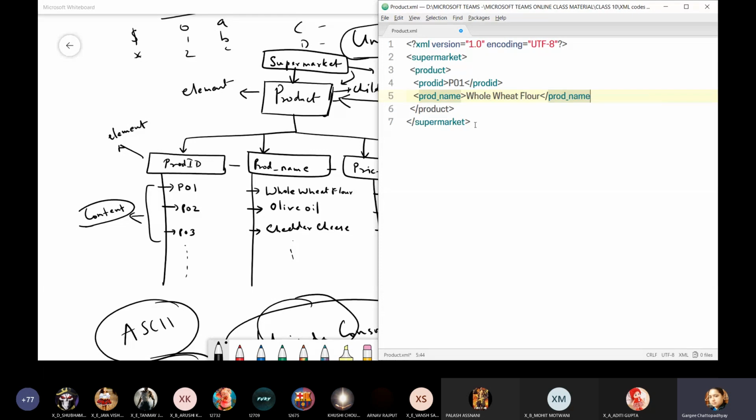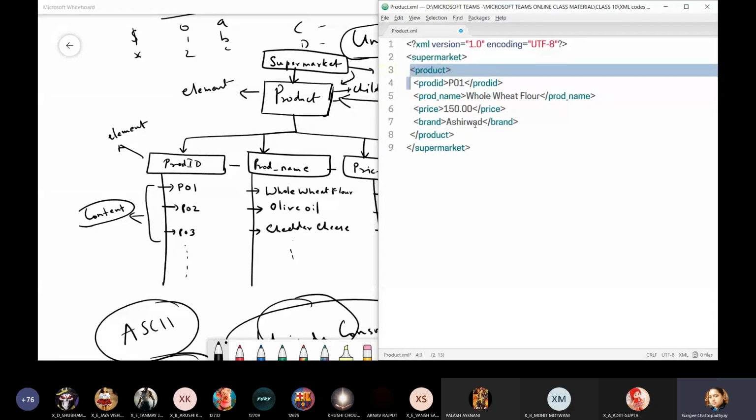You can see that the moment you type a few letters, you get the entire name. Price: 150.00. And finally, I have the brand. This creates one product for me.